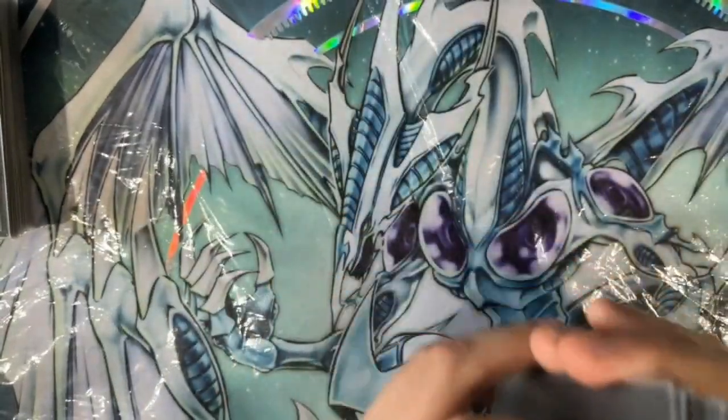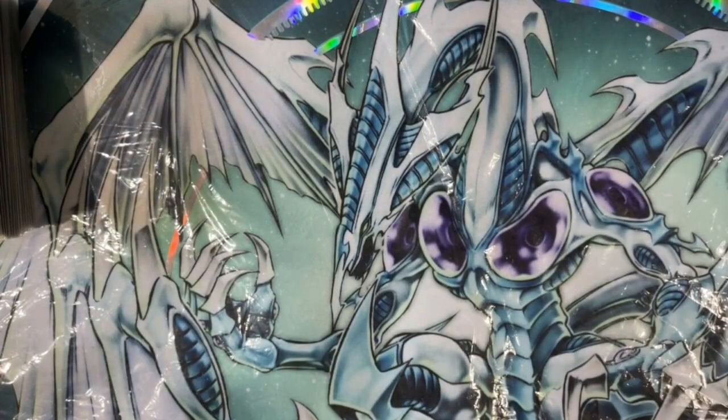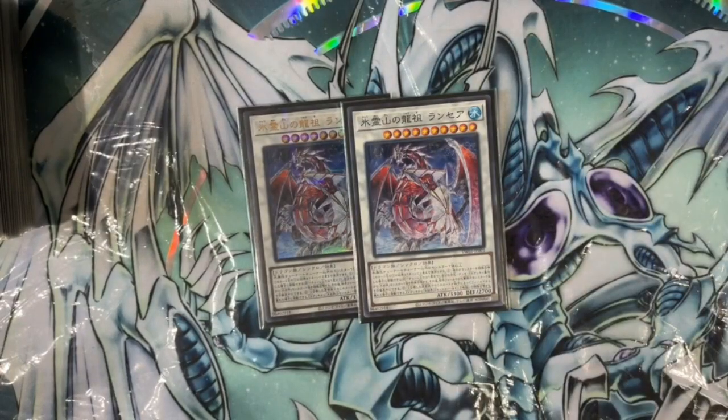So that does it for the main deck. We're looking at a 40 card main deck. Going on into the extra. Extra's organized a little bit weird. We're going to go in order mainly in terms of utility. Starting with the best monster in the extra deck, we have 2 copies of Lancia, Dragonic Ancestor of the Ice Spirit Mountain. This is a level 10 dragon water monster with 3300 attack, 2700 defense,